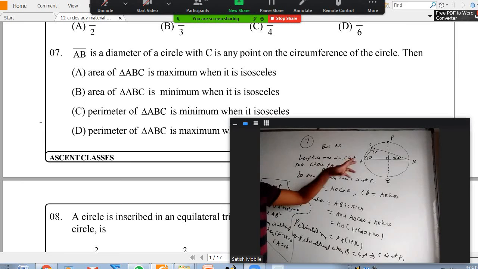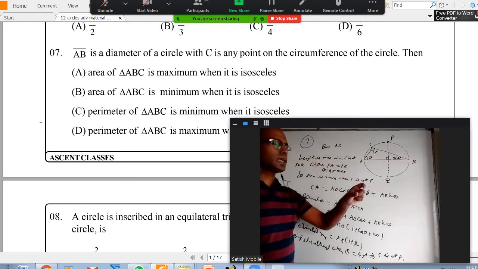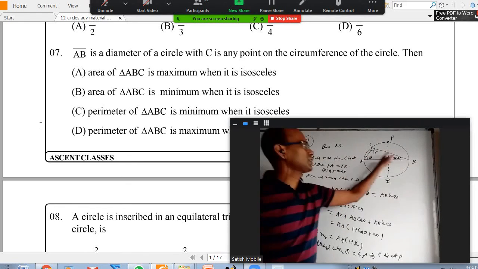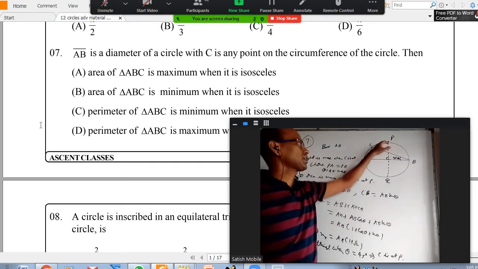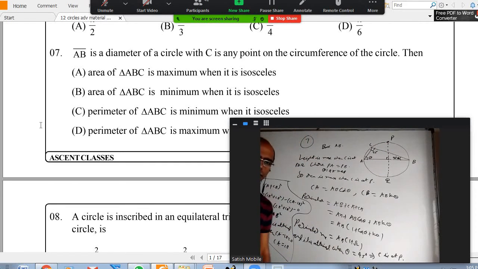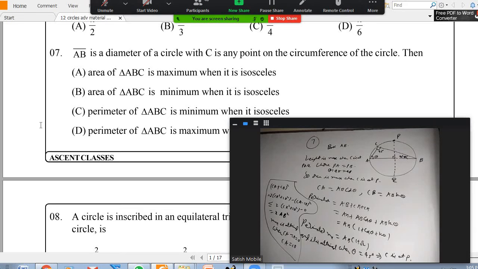Somebody can use geometric visualization. Let us say the AB length is 10. If you want CA plus CB to be 10, this should be a line segment. If you want 11, a little ellipse will come. For 12, a little bigger ellipse, 13, bigger still, 14. As you increase the size of the ellipse, for a particular size it will pass through P and Q. That is the case where you get the perimeter maximum. That we can also understand. Is it okay? Seventh question. Does anybody have any doubt in any part? So finally, when C is at P, the area is maximum and the perimeter is also maximum simultaneously.